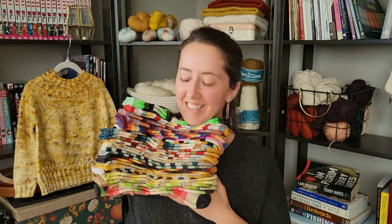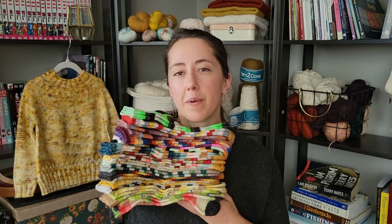This year, I think I've mentioned before, I don't really wear socks. I wear them in the winter when I'm wearing shoes, but generally I don't wear them for just whenever. So this year, with all of the new colorways I've done, and then some of my old ones that I've finished pairs of, I wanted to show you the socks that I've knit this year and haven't worn. This is my stack of unworn socks,